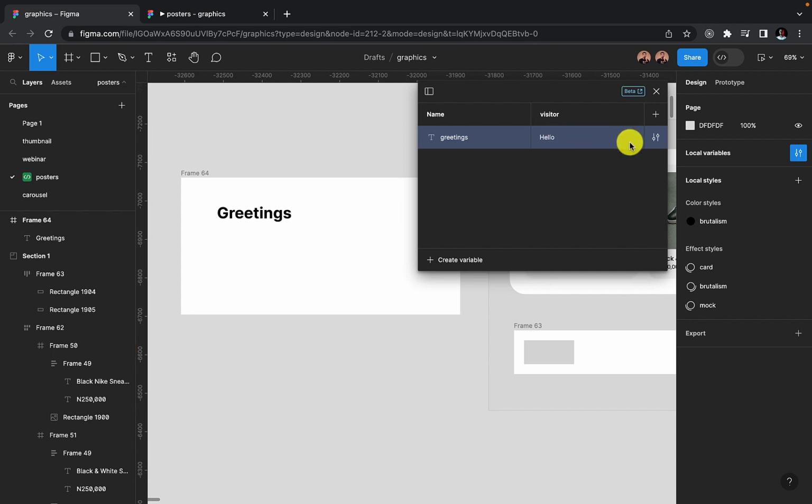Hello greetings. So now, this is one of the values you could give it. You could also name this visitor. You could have a variable that has different nodes. We have visitors, users, and so on and so forth. So that is basically the way variables work during programming, right? But now in design, Figma is doing a good job trying to bridge the gap between design and